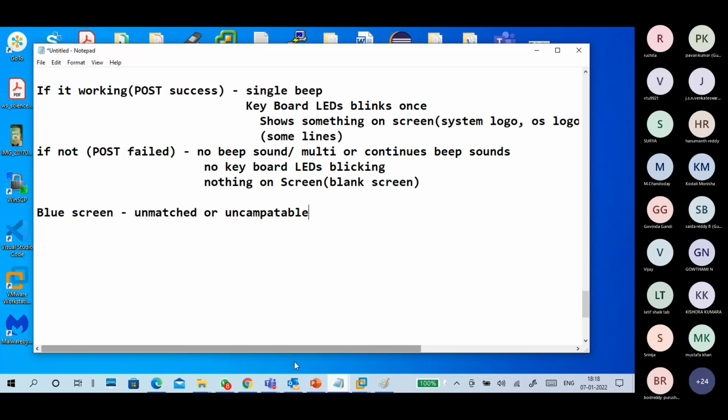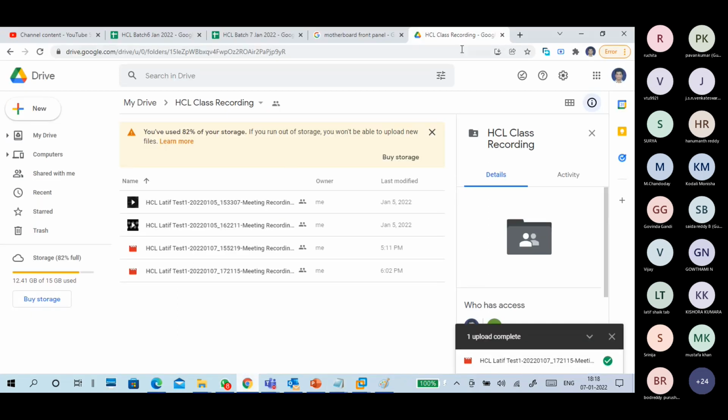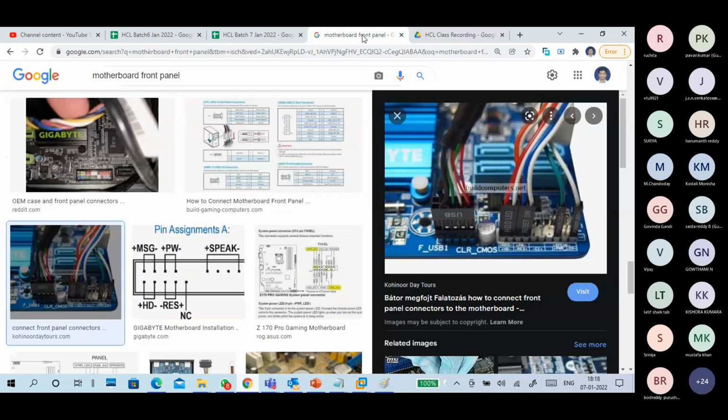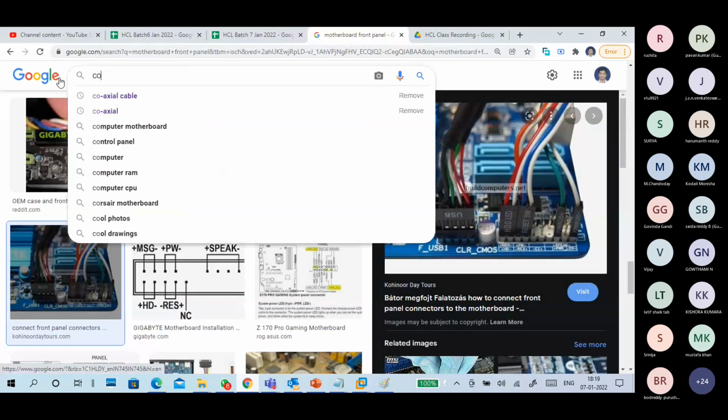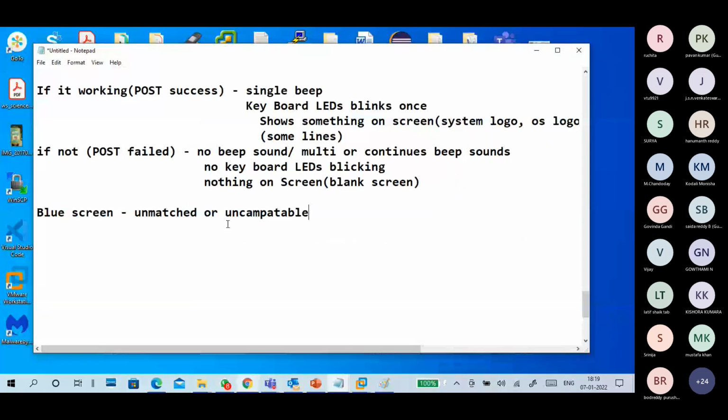Spelling correct. Yeah, this is right. Compatible. So blue screen happens because of unmatched or incompatible devices, meaning hardware devices.